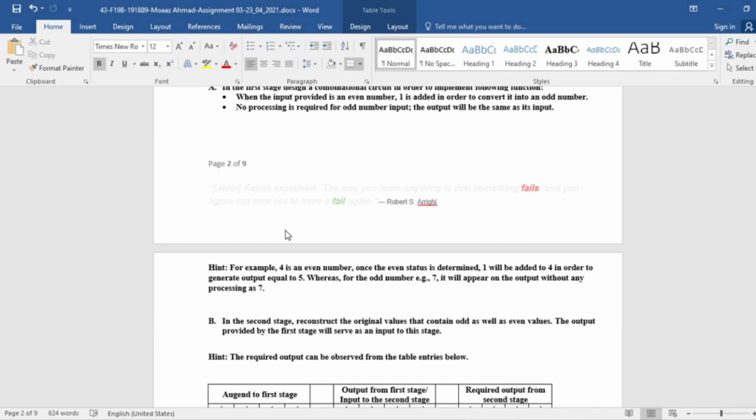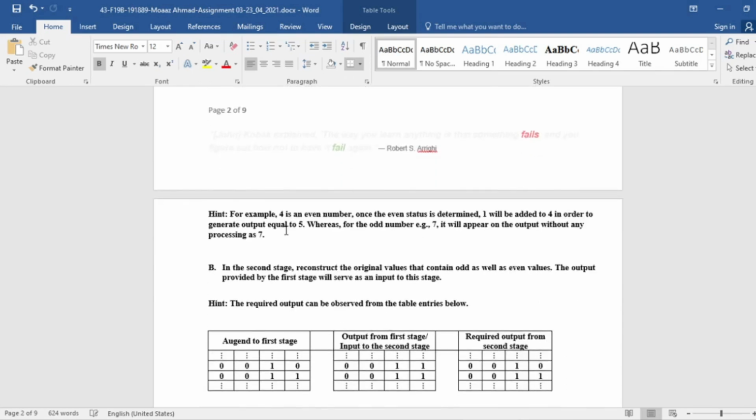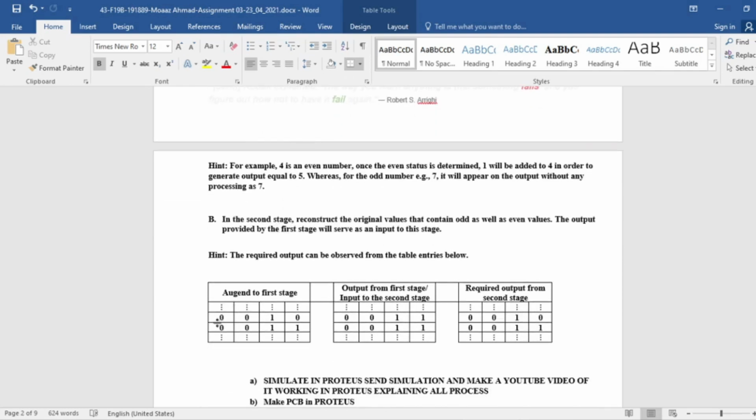So for example, 4, which is an even number, when it is determined that it is an even number, then 1 will be added to 4 and the output will be 5. But whenever an odd number is detected like 7, then the output will be the same as 7. Now in the second stage, as we can see here, for example, if 0010 is the input, which is 2 in decimal, which is an even number, then the output from the first stage will be 0011,